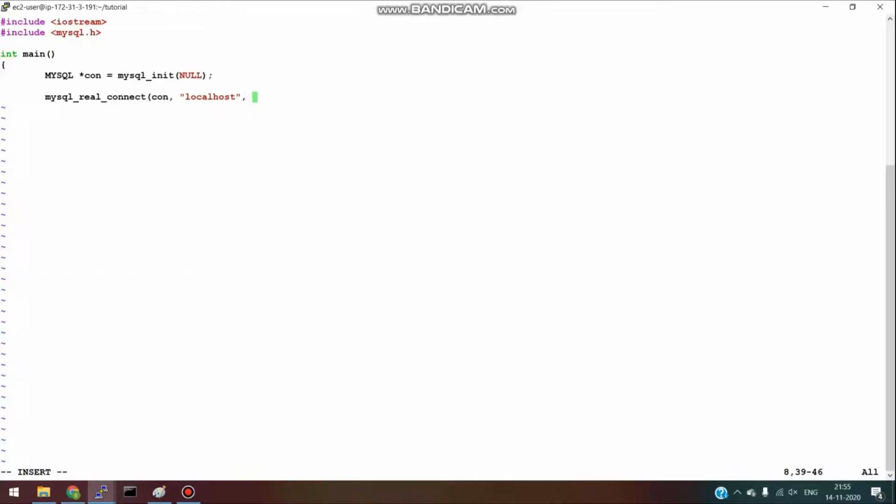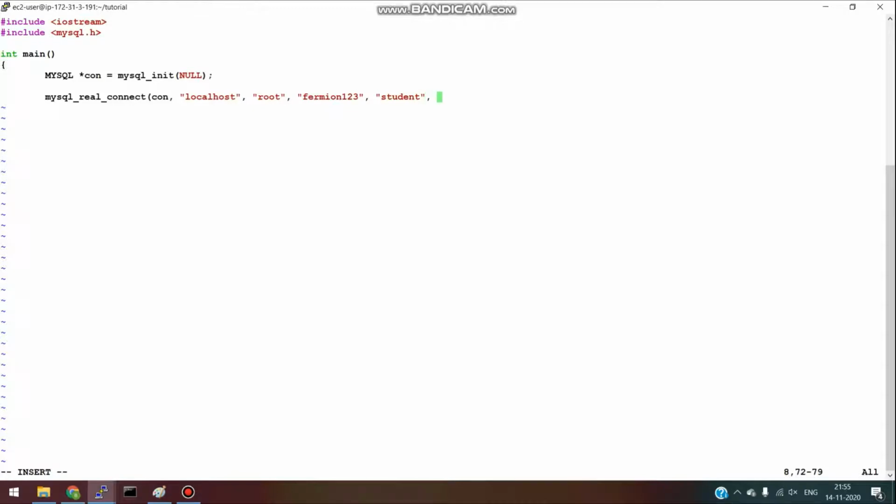Then the user, password. After the MySQL server installation, we get options to set the password and to create new users also. So that username and password you can use. Then the DB name, we have created student, so we can provide that.